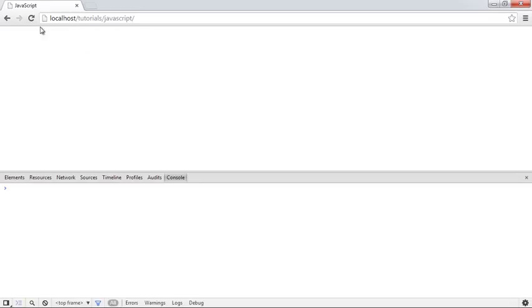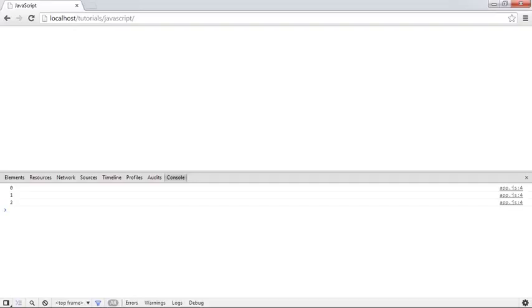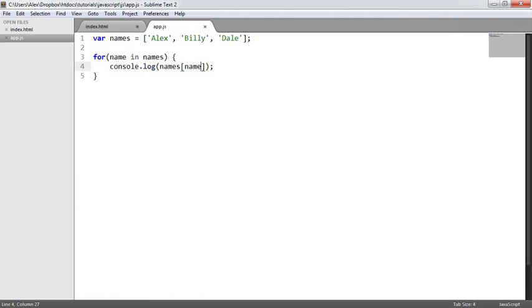So if we go and refresh this in our browser, you see that we get 0, 1 and 2 here. What we can do now is, instead of saying console.log name, we can say names[name]. So what that will then do is output Alex, Billy and Dale. Now this doesn't necessarily output in index order, so the warning really here is that you may want to say something like,